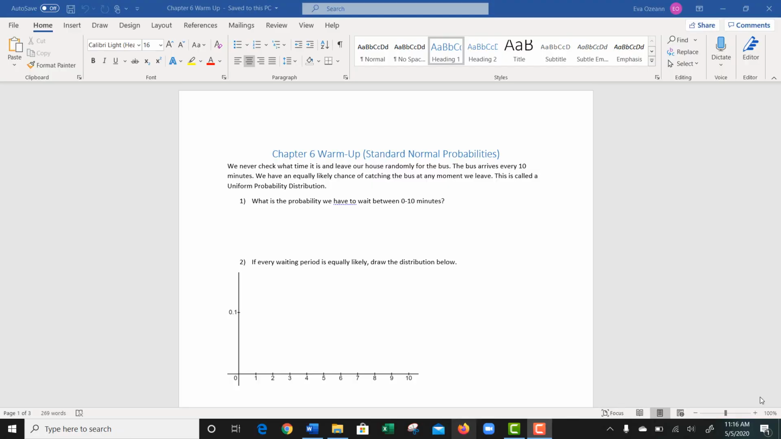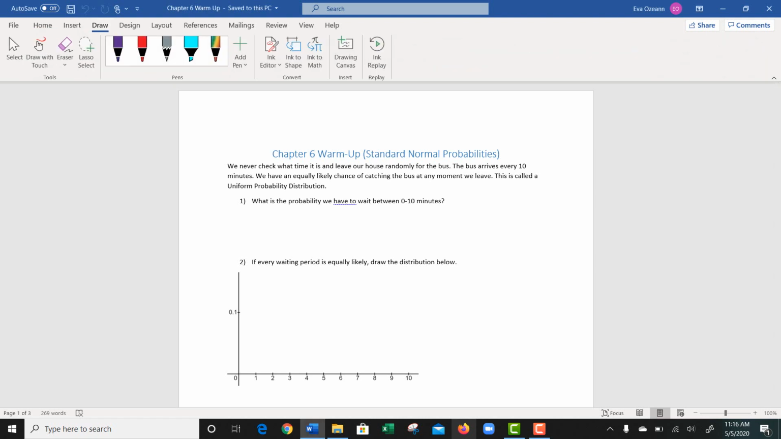Hey, welcome back. So we're going to do Chapter 6 warm-up, which is talking about standard normal probabilities, and in this case we're also going to look at something called a uniform probability. So, first,